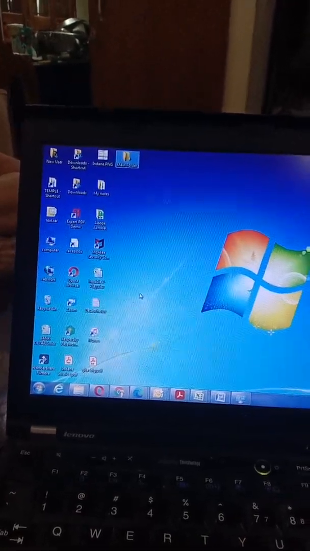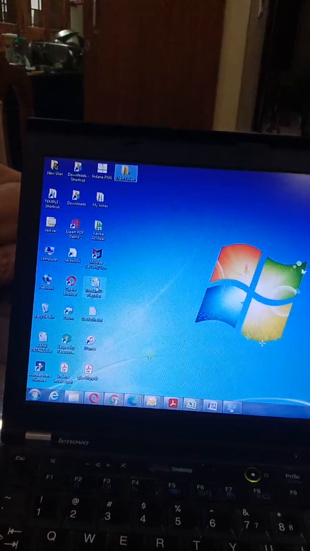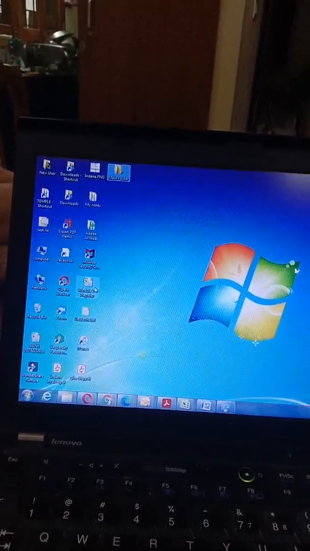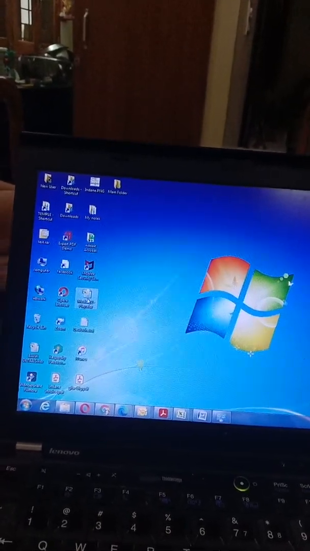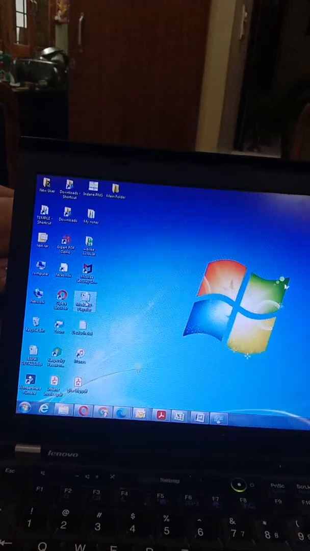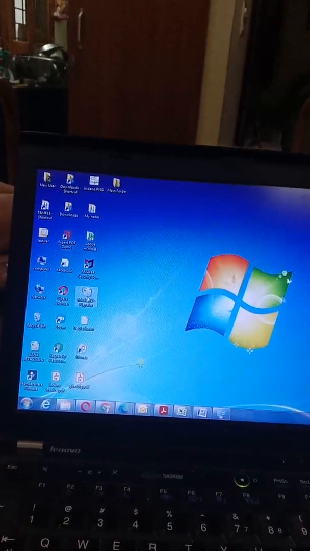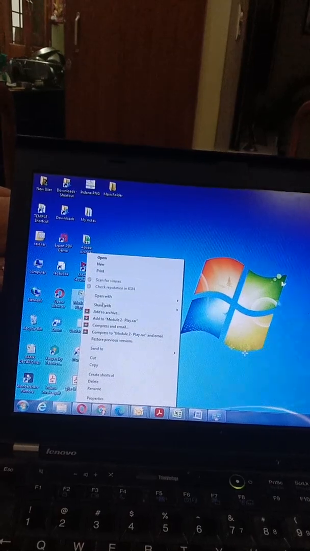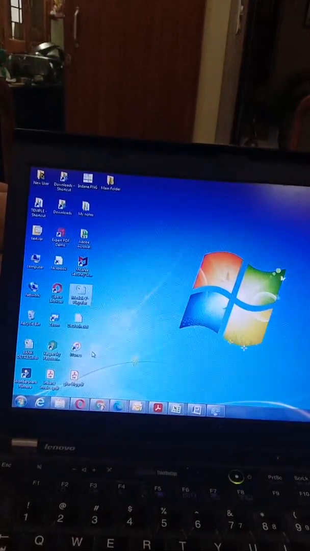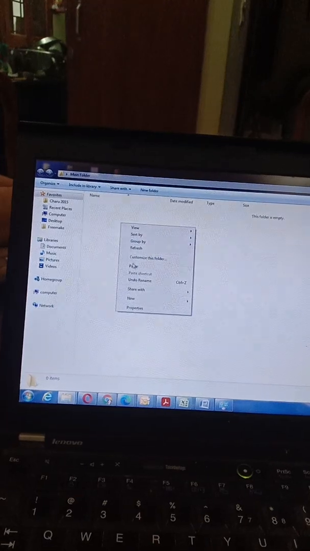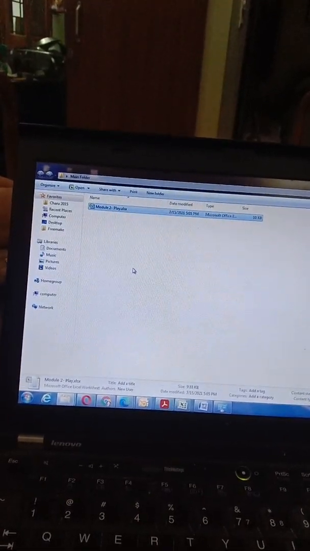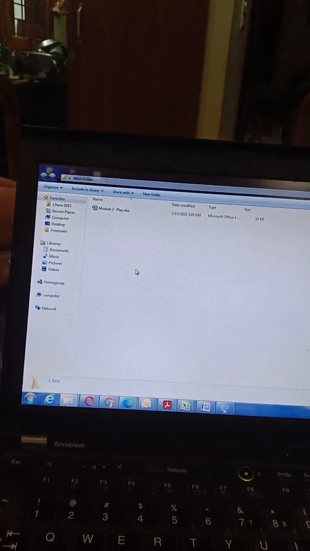Now you wish that some of your documents should be in this main folder. Then what you have to do, for example, this is the Excel file you wish to move in the main folder. Simply select the file, right click and then cut, and then select the folder, double click here, and here right click and then paste it. This is the way you can put any of the documents in any of the folders.